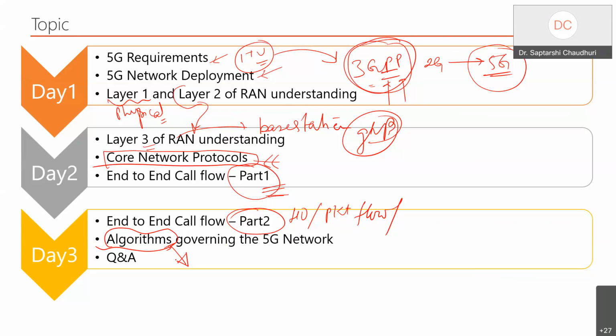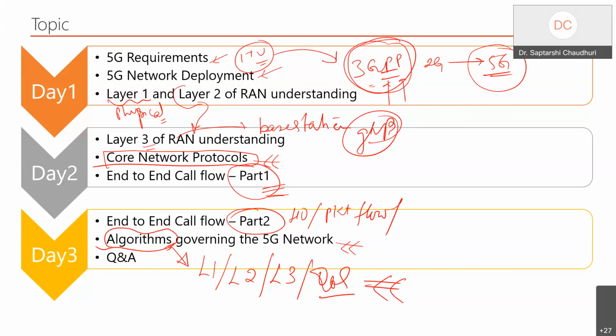So here the innovation starts, and the innovation spans the physical layer, layer 2, layer 3, and also the quality of service. In a lot of places you will see how the algorithms work. I'll give a glimpse of it today, but some of the mathematical aspect of it I'll take up on day 3. This is another big aspect that will give a little bit of a different flavor to what we all talk about.